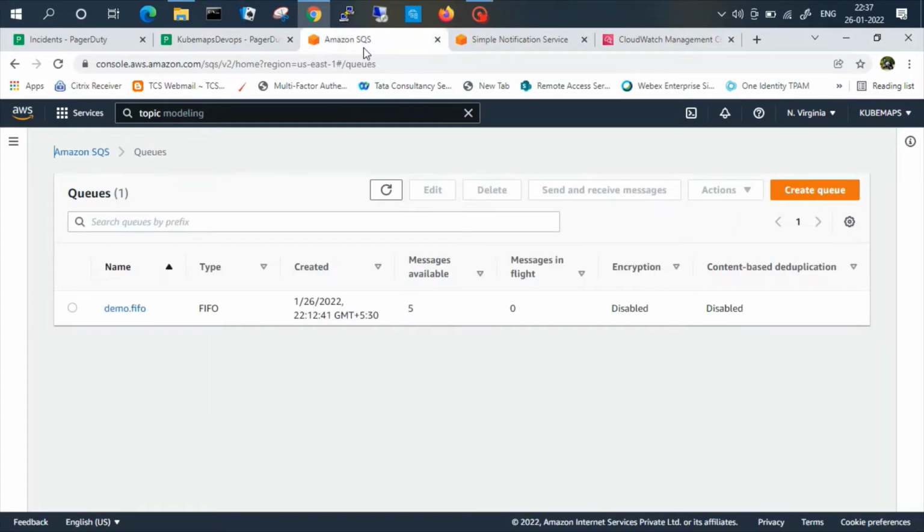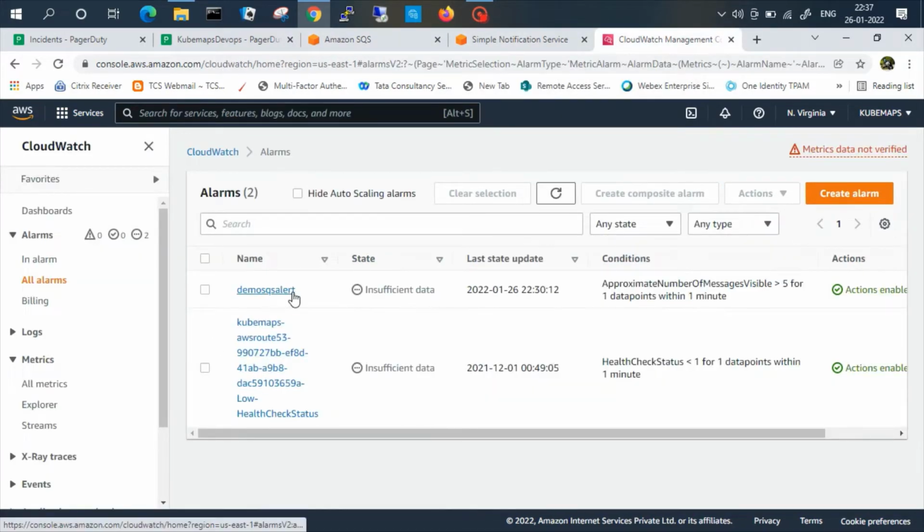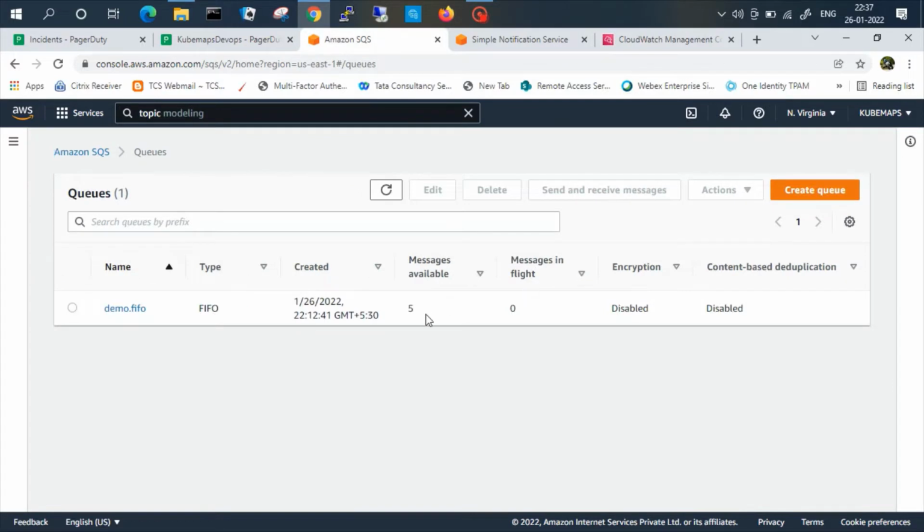So in CloudWatch I have created one demo queue, and we have got an alarm set up for our demo queue with a threshold of messages visible greater than 5. And for demo purposes I have messages available, total count as 5, so I'll push one more message and we'll try to trigger an alarm in CloudWatch. But before that,